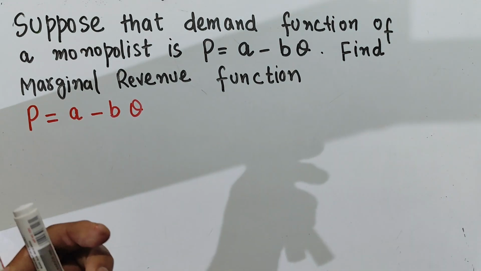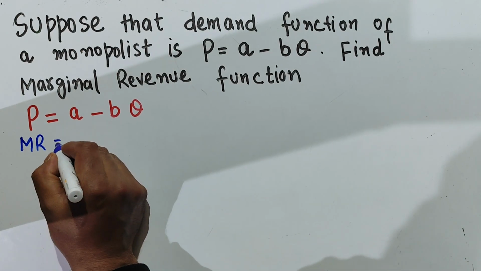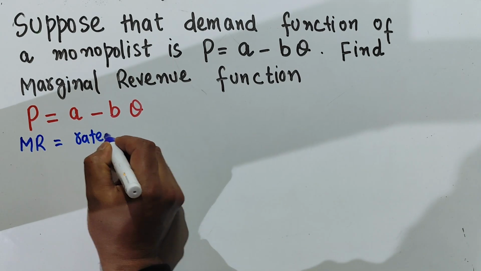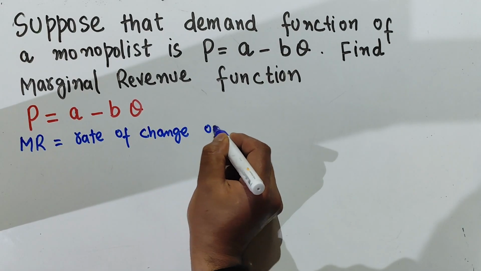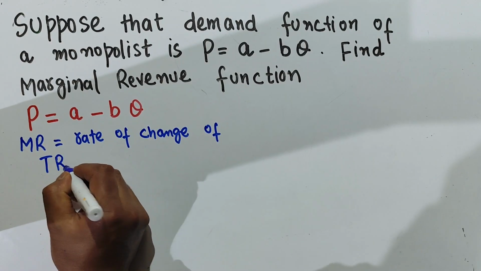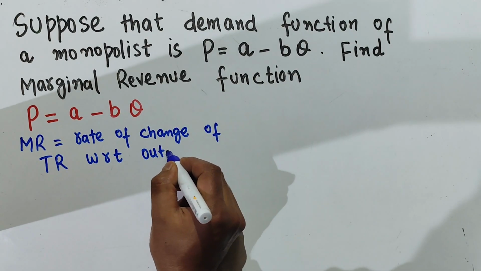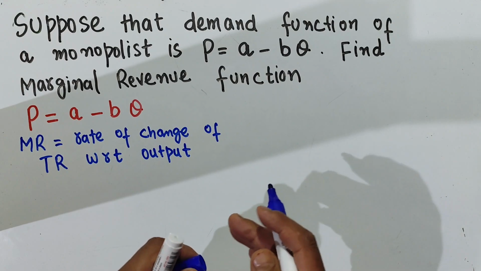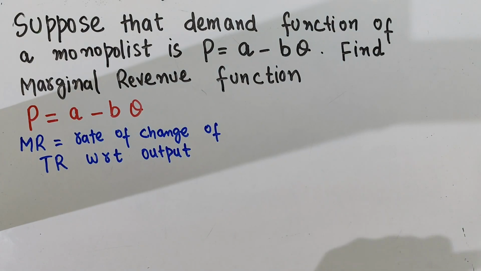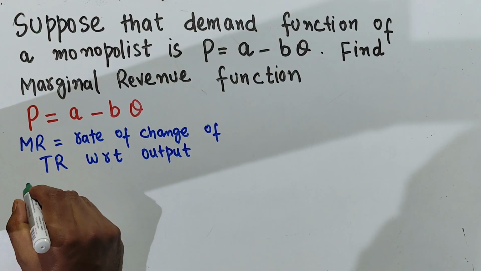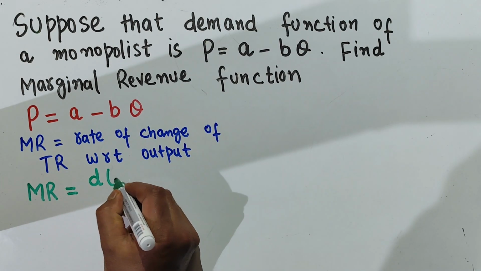Okay, and what is marginal revenue? Let's write it here. Marginal revenue is simply equal to the rate of change of total revenue with respect to output. Okay, that means how the total revenue changes when the output changes, that is being shown by the marginal revenue function. And mathematically, the marginal revenue function is simply the derivative of the total revenue function